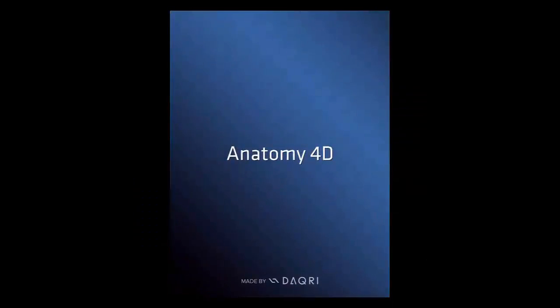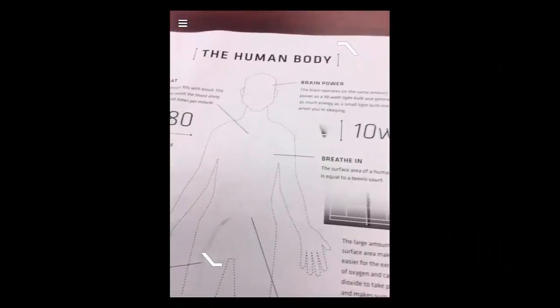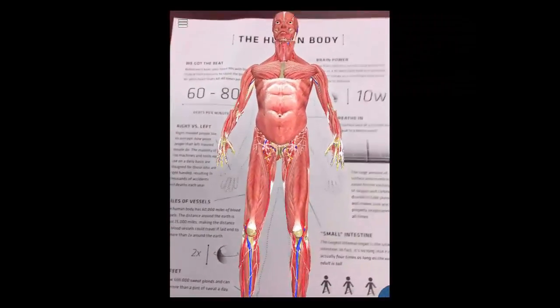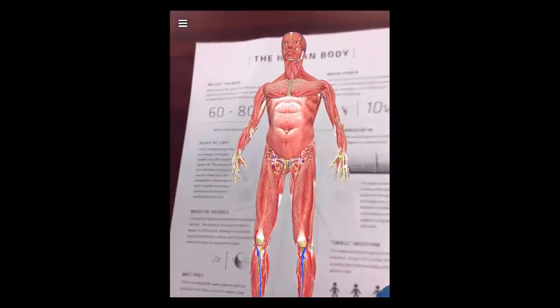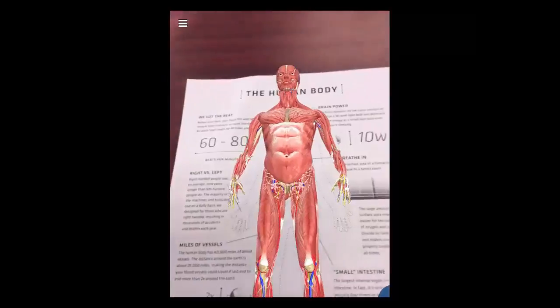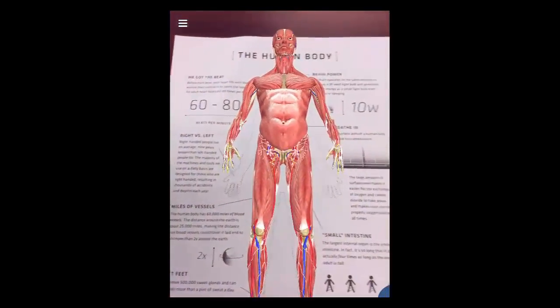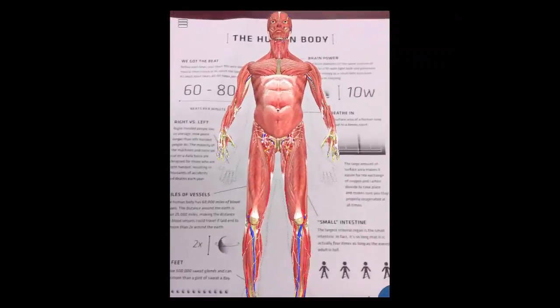And it is really cool. This one does not allow me to use landscape mode; I have to do it in portrait mode. In this case, I'm looking at the Anatomy 4D app, and as you can see here, I've got this 3D image. This is again another example of that augmented reality. I've got a 3D image that I'm looking at, which is really just happening as I scan my iPad over this sheet of paper that I printed off the computer. It's just a PDF file.